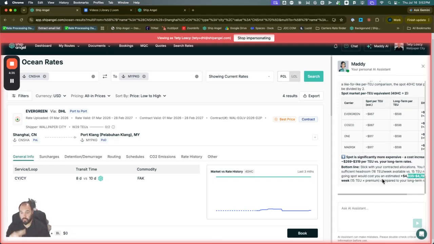There's ways to save money, still move the additional cargo, and I've been able to do it by asking an AI agent to sort of surface that information for me. I could go research this, I could see what the differences are and make good decisions, or I can have the AI agent go do that.